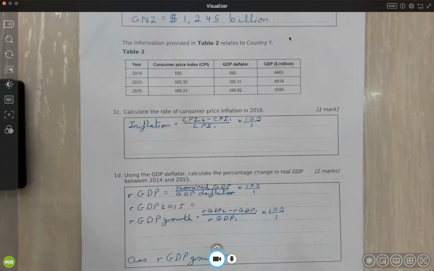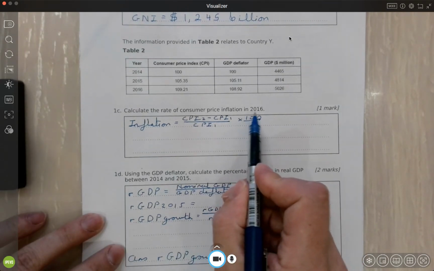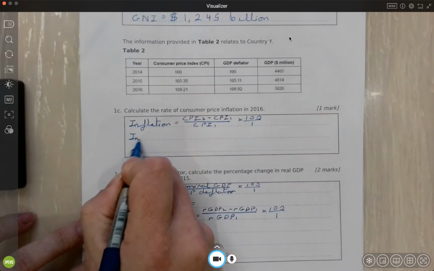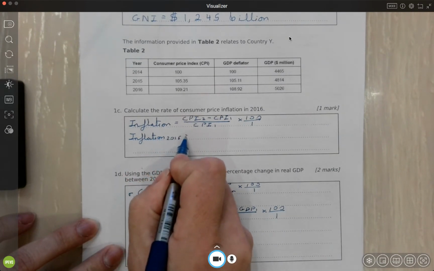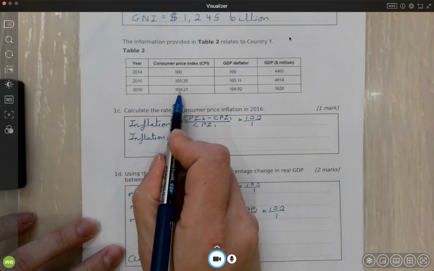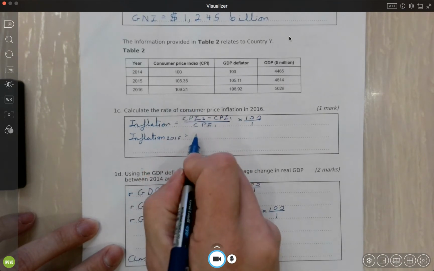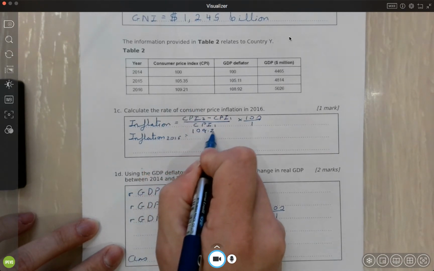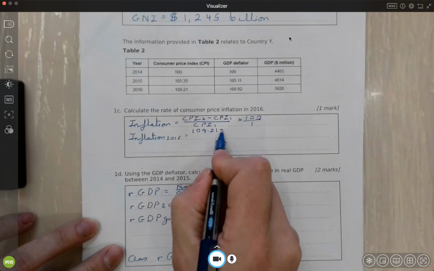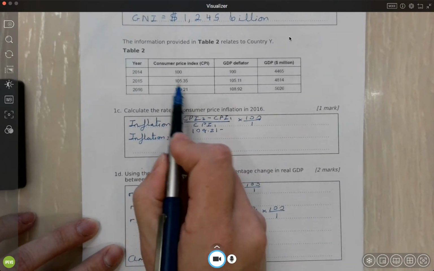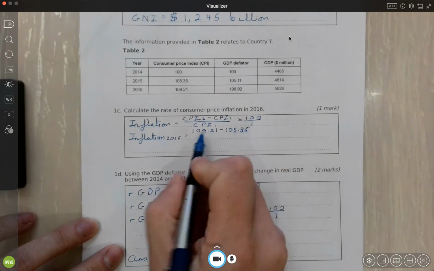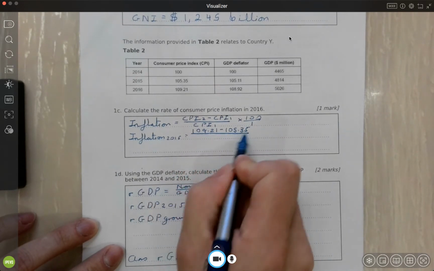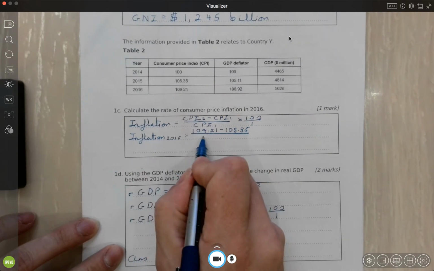Well, that mightn't make a huge amount of sense yet, but say it's in 2016, okay? So what we're going to do is I'm going to write down inflation for 2016 equals, well, what's the inflation in 2016? Well, the CPI in 2016 is 109.21. Okay, and then I have to take away the CPI from the year before, and that's 105.35, and then I have to divide it by the CPI in the year before, which is 2015, and that's